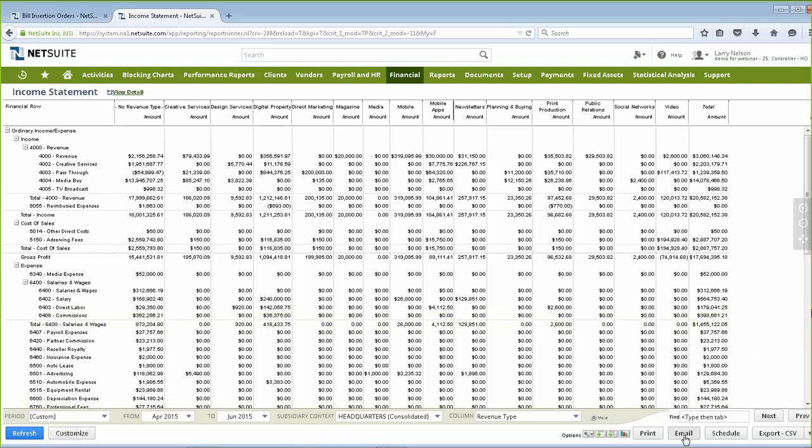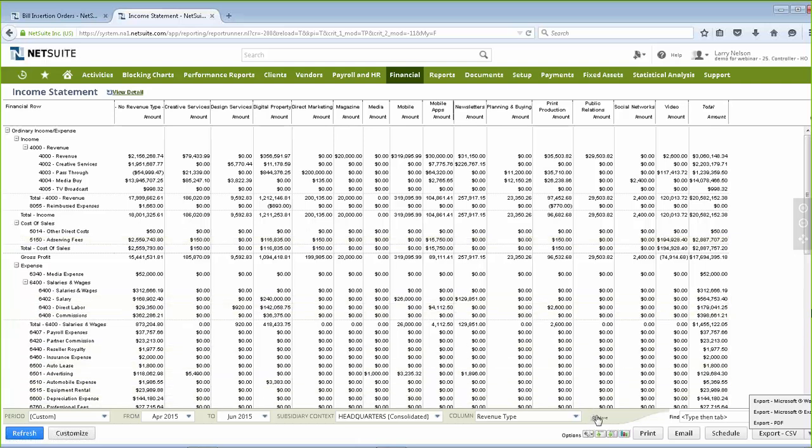I can also determine if I want to email any of these reports on the fly, as well as schedule these. So maybe this is the type of report that I would like to have emailed out to my managers on a weekly basis so that they can see how the company is performing on their profitability. And you also have the ability to export any of these reports, either on a CSV, Excel, PDF, or Word basis. And the great thing about this is when you export in Excel, it's also going to keep any of the sum functions and the formatting. So if you want to utilize this report for any type of what-if scenarios, you can do that as well.